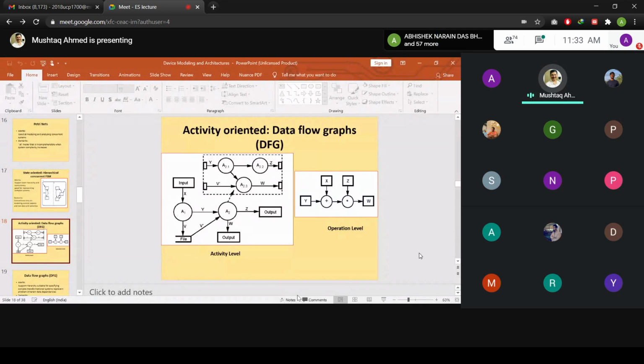So here you can say that y is a certain value, and v' is nothing but the x value, and a2 is performing the addition operation, and this value y is already available. So a2 would perform that operation and make a multiplication, let us say, in this operational level task. So if Z is available, then A2 would also perform the Z operations and produce that output. Such activities can be easily depicted using this data flow graph.